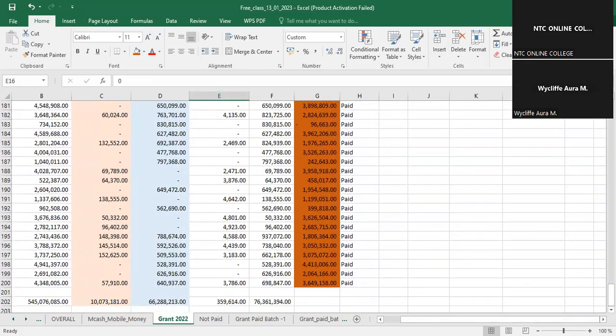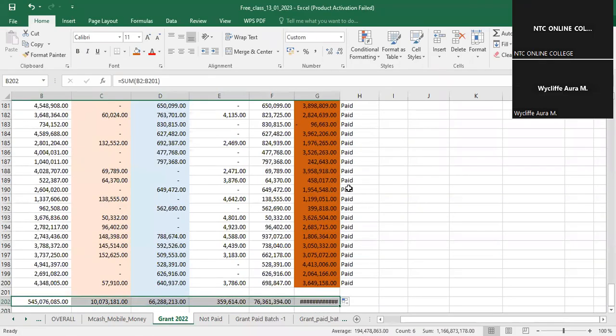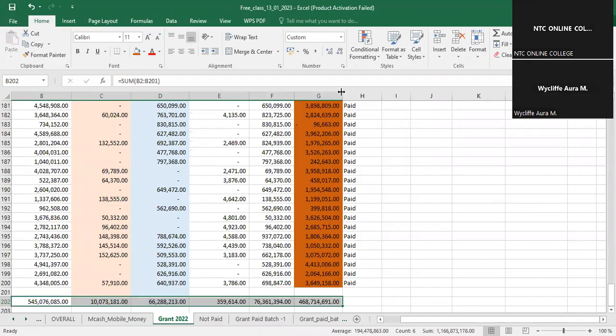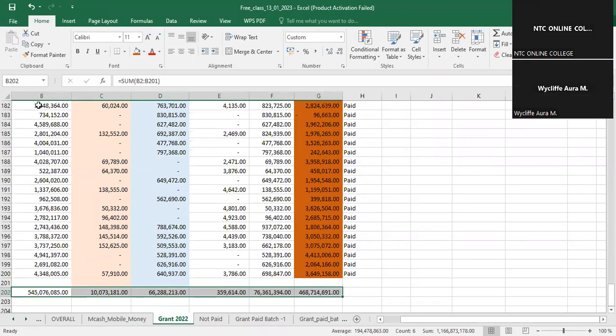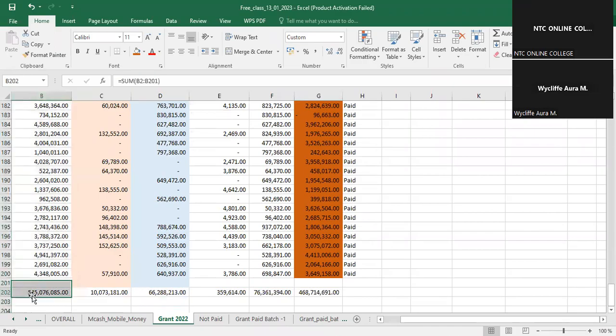So again, if I come back to our original data, if I just get the total summation, you'll be able to see that from this data, we said that this column holds the amount that was approved. This 10 million is what was disbursed in the first batch. 66 is what was disbursed in batch 2. The total disbursement stands at 76 million